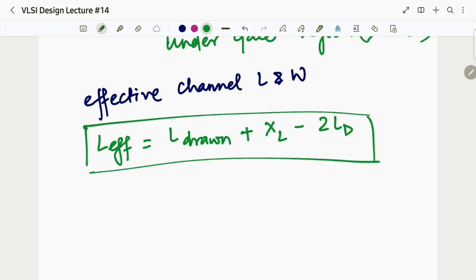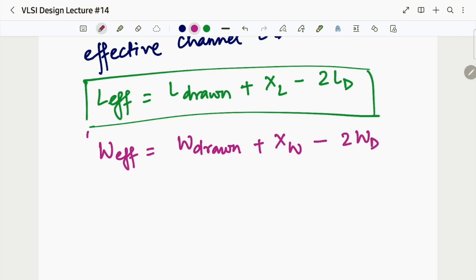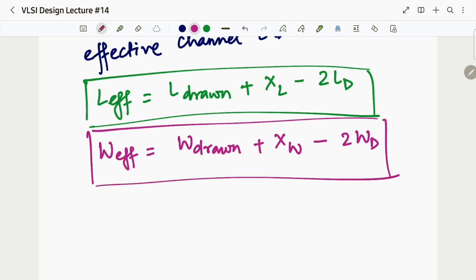This is our effective length, and therefore we should also have effective width, because both are the dimensions of our channel. That is equal to W drawn plus X subscript W minus twice of WD, and this forms our effective channel width equation,